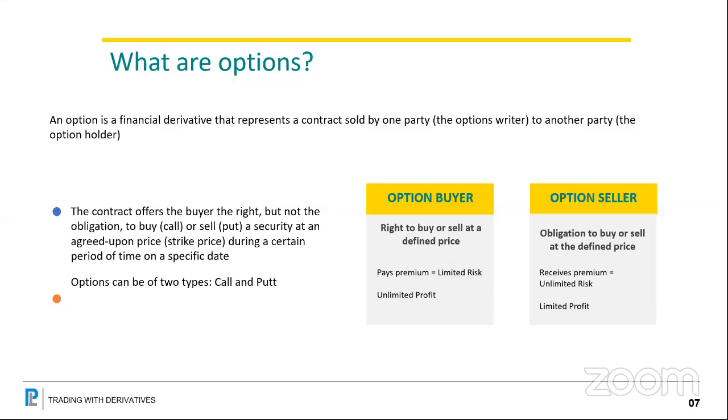So what are options? There are two types of options. One is the option buyer and one is the option seller. So what do option buyers do? They pay the premium. Like I said, the investment required in options is very less. It's very negligible. So whatever we